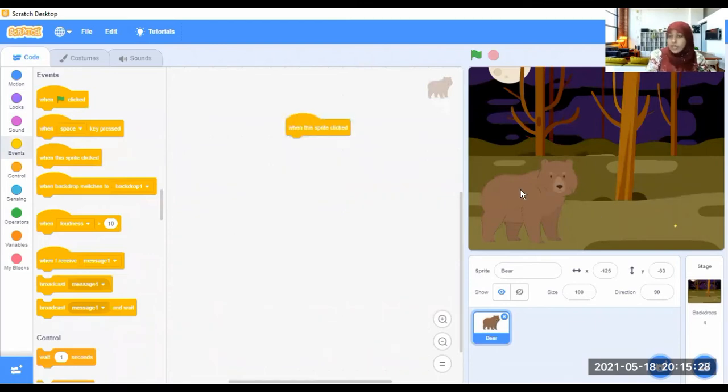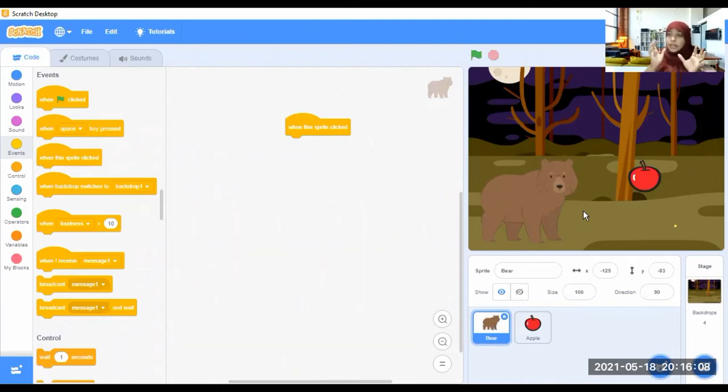I say, when this sprite clicked. Now when I am choosing sprites, maybe in one stage there can be 2 or 3 sprites, isn't it? When you select this sprite, it will appear here. So now you are scripting this sprite. If you want to script this sprite, click on it and it will appear here, right? Because when scripting, you should correctly know which sprite you are scripting.